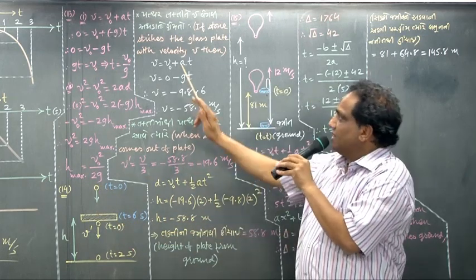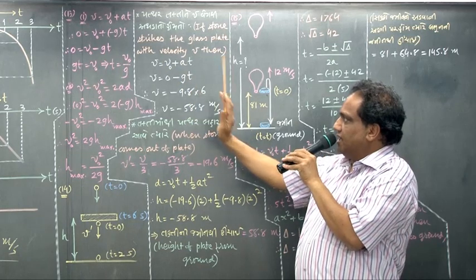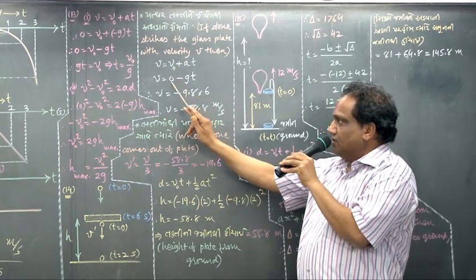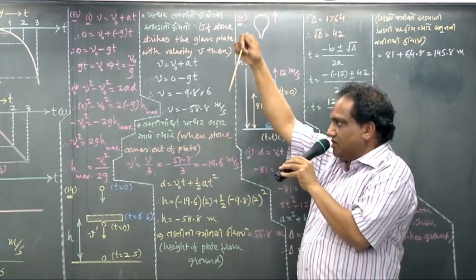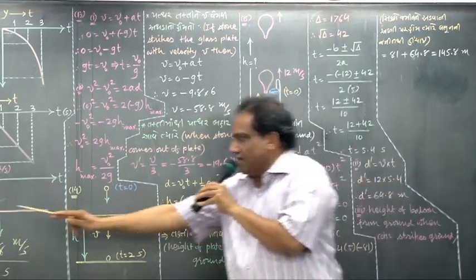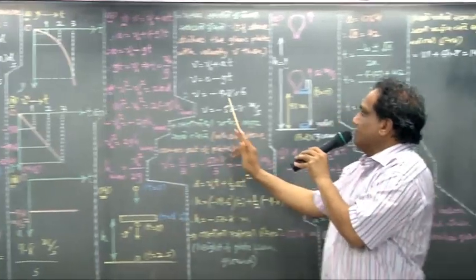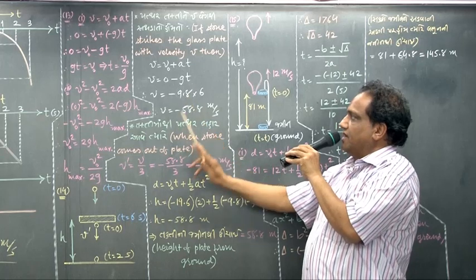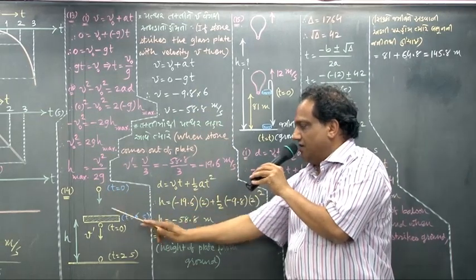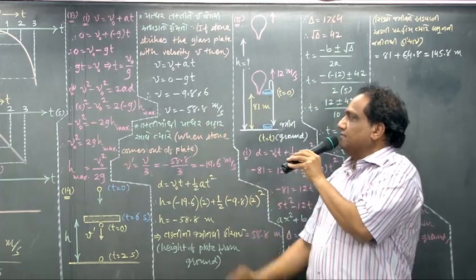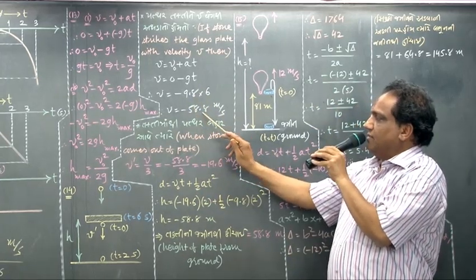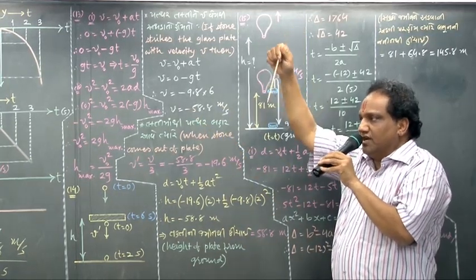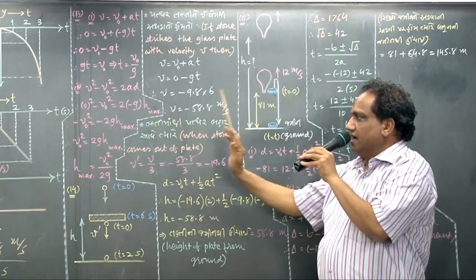Let us find out. V equals V0 plus AT. Initial velocity for a freely falling body is 0. A equals minus g because acceleration is vertically downwards, and negative. Minus g into t. g value is 9.8 meter per second square. Time given from here to here is 6 seconds. Minus 9.8 into 6, 58.8 meter per second. What does this negative sign indicate? Vertically downward motion. That's why velocity is negative.